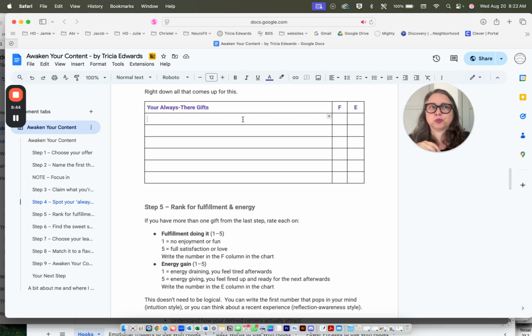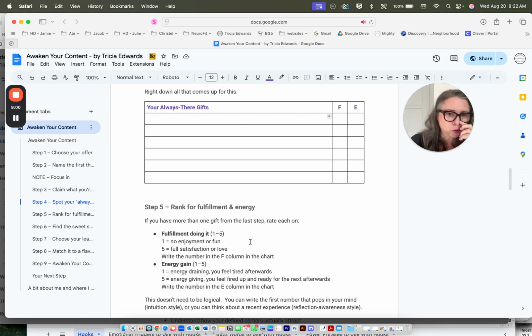But what I found is by me needing to have them slow down so I could hear it, they also heard it. So that was something that I actually thought was quite the opposite of a gift. I thought it was a little bit of a struggle. So what are these things?